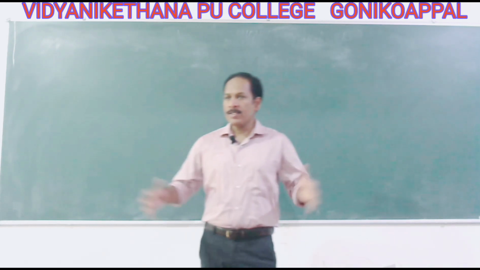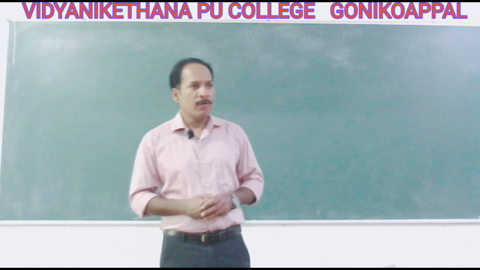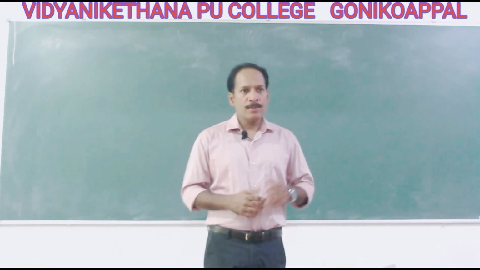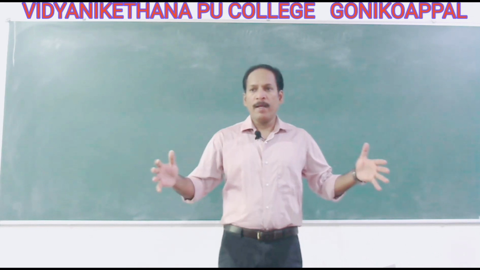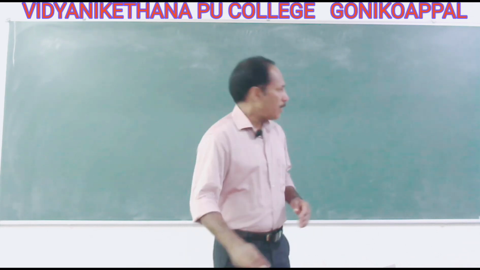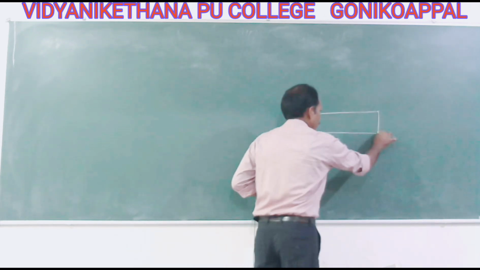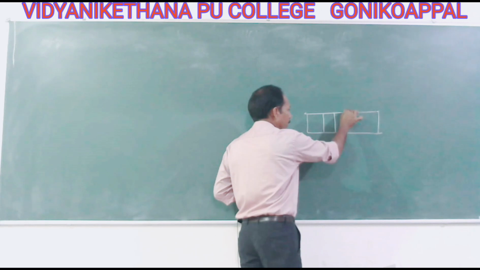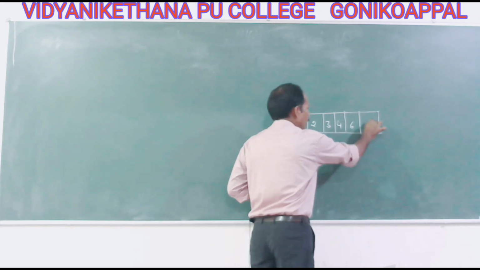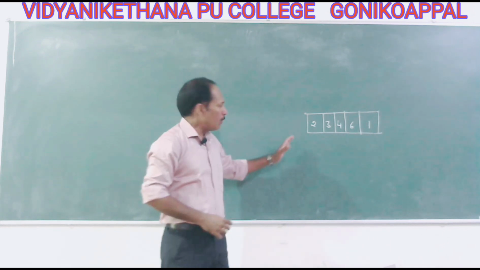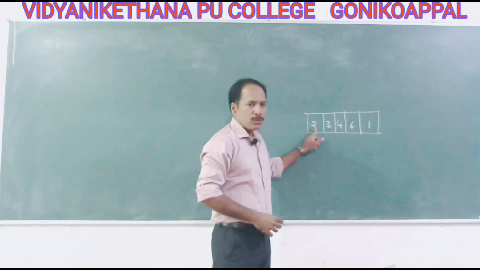So whenever we say array, an array is a finite collection of n number of elements where each element is of the same type and shares a common name. So that's what array means. If you imagine, this array will be like this. We have consecutive memory locations, and in these memory locations we have a number of elements like 2, 3, 4, 6, 1, any numbers. You can call this an array, where the elements of an array are stored one after the other.